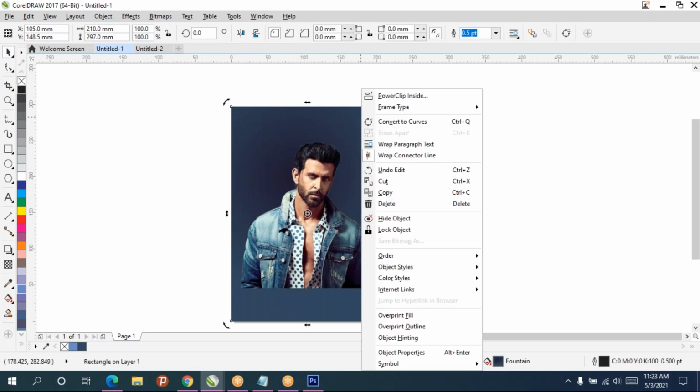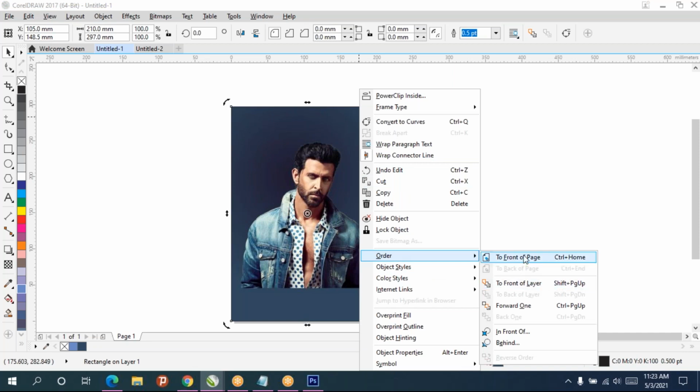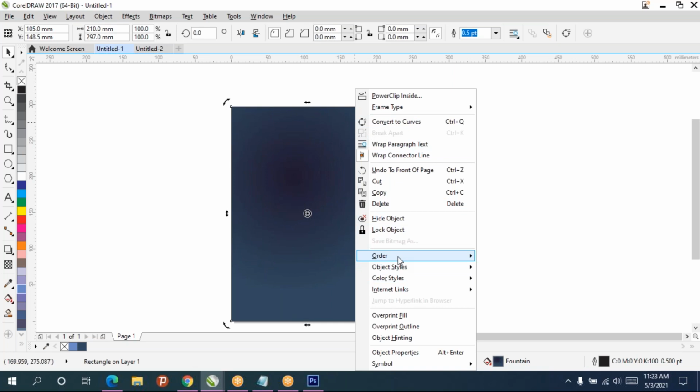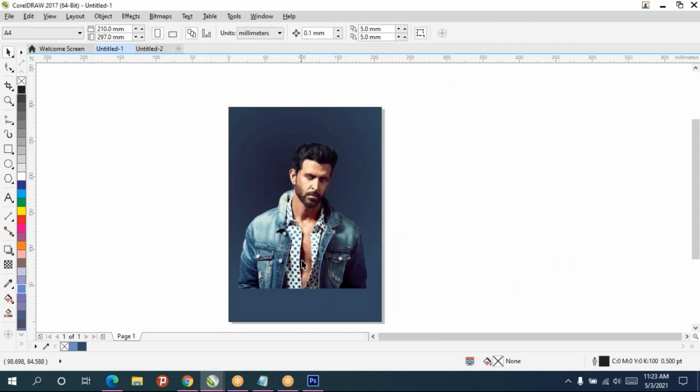Select the rectangular box, go for Order, Front of the Page. So now that won't be visible. We can send it Order, Back of the Page.